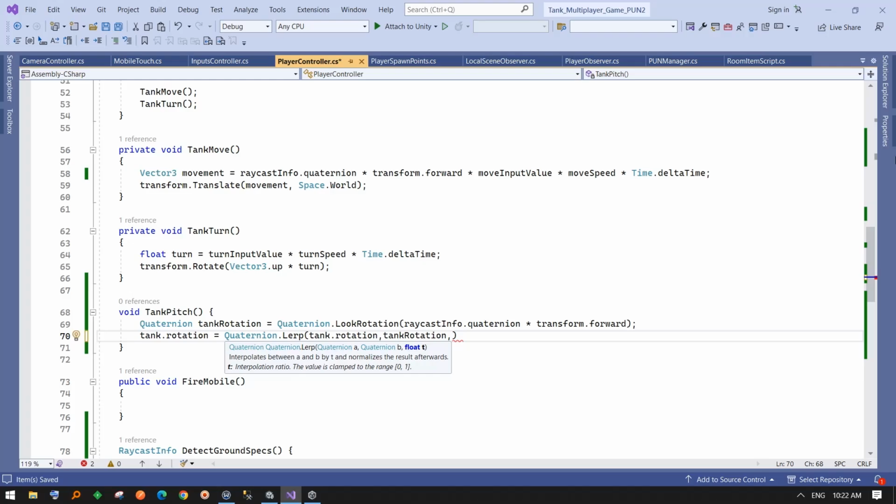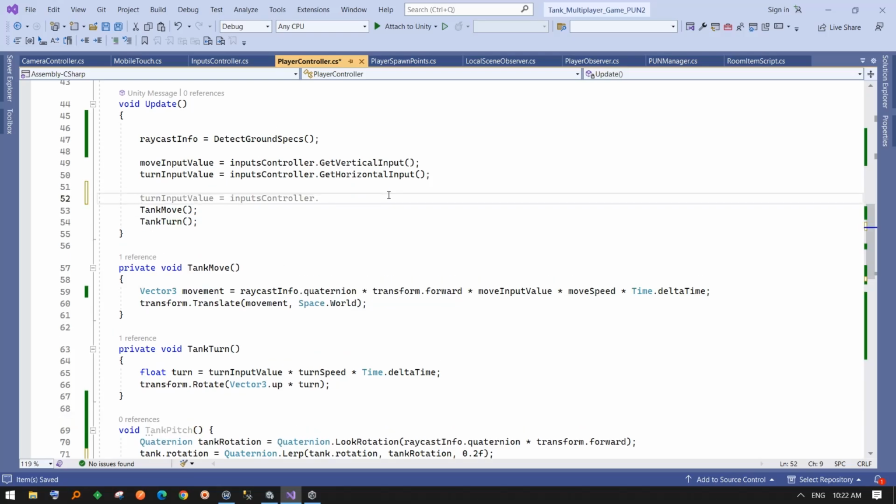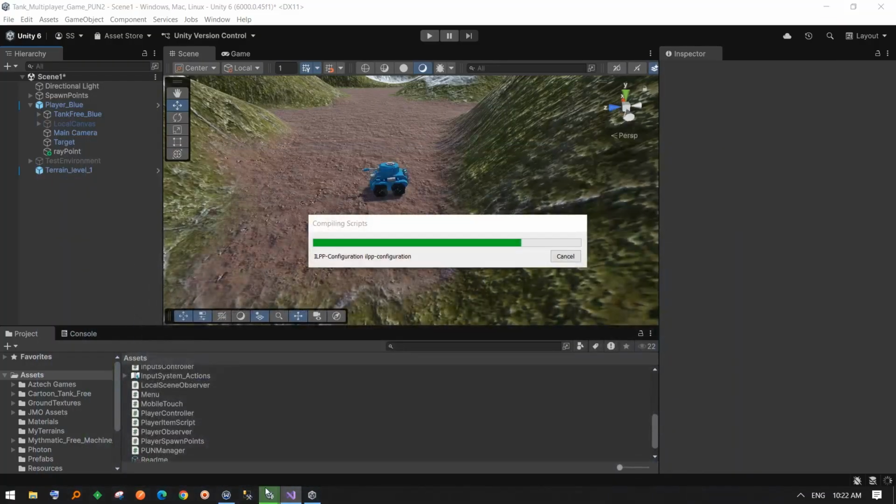The third parameter requires a value between 0 and 1. According to the definition of lerp, the closer this value is to 0, the more it will move towards A, and the closer it is to 1, the more it will move towards B. So we choose 0.2. Now we need to call this method in the update and assign the tank field in the inspector. So we return to Unity,